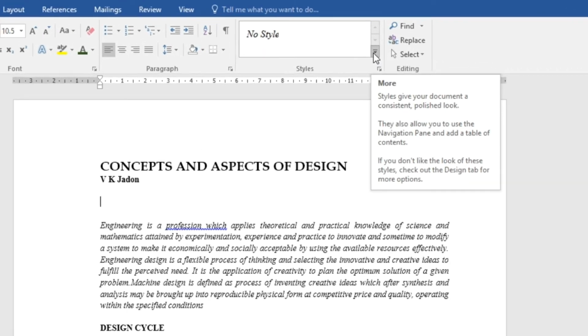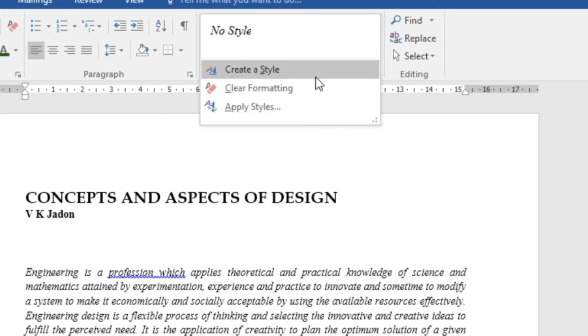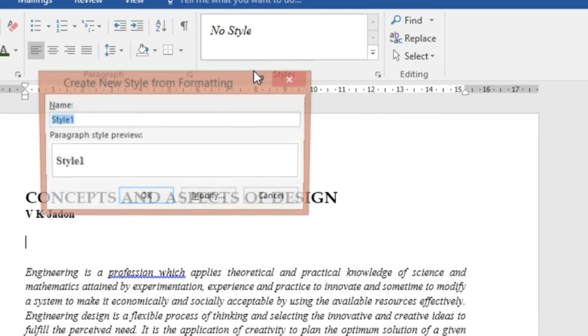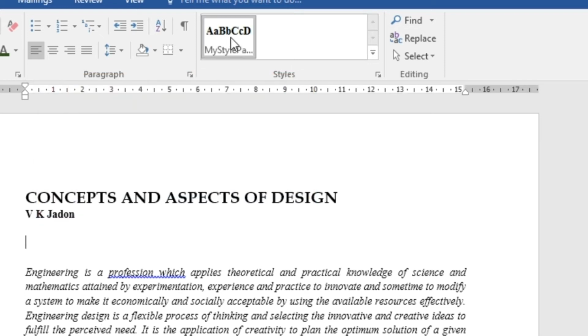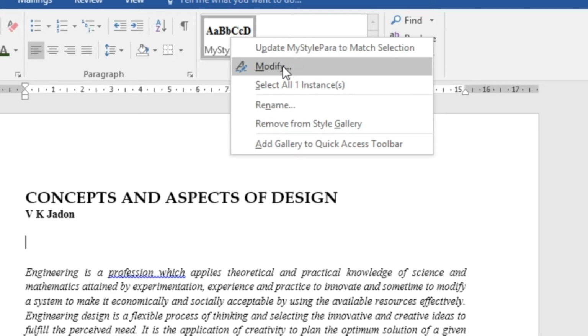Now if I want to add my own style, you click this and create a style. When I create a style, it says Style 1. You can give any name, my style, para. So this is the paragraph style that I am now trying to create.